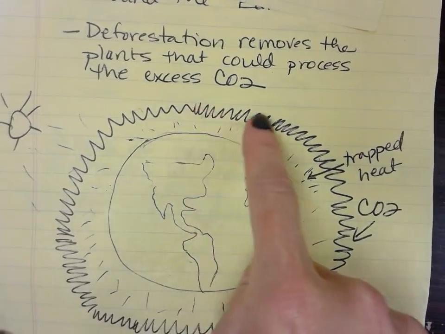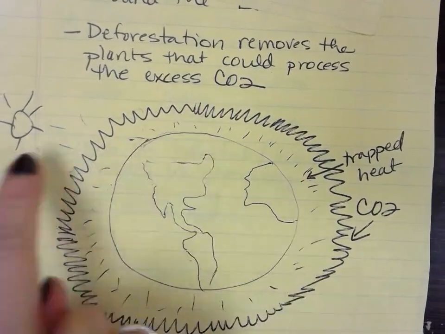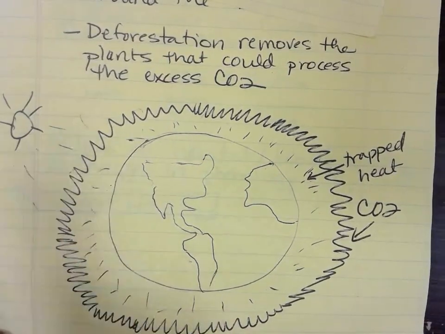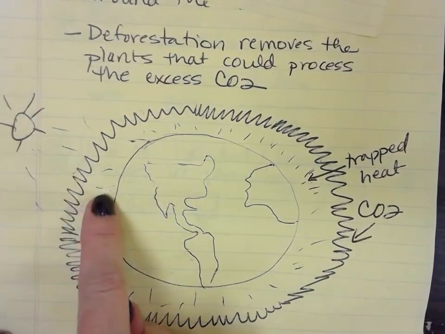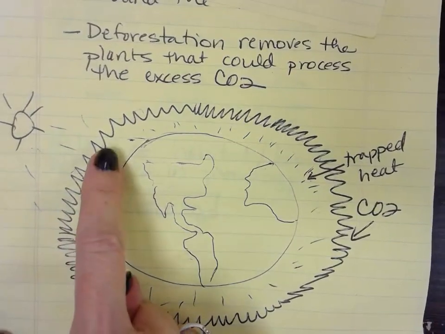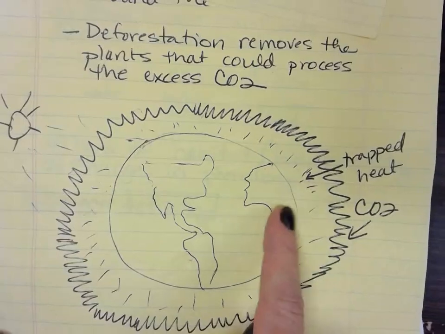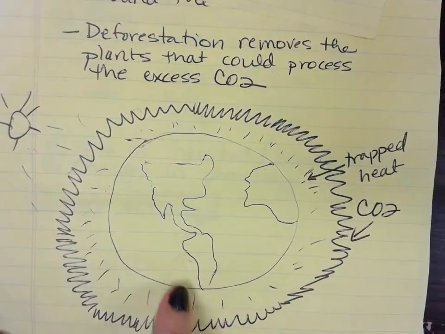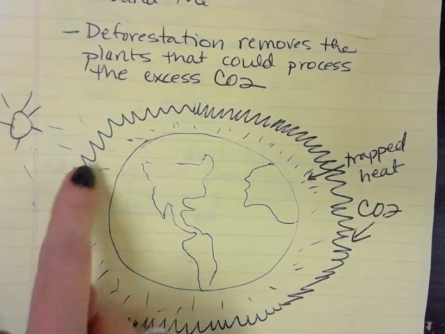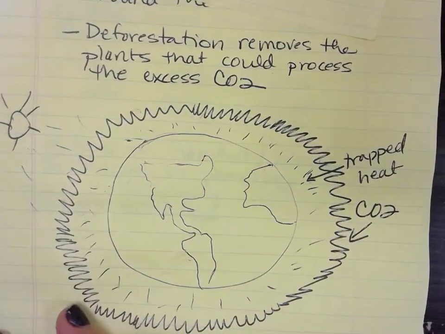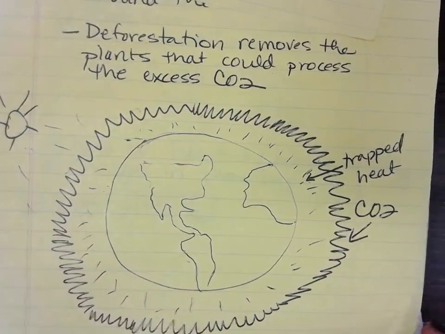So once again, we have that carbon dioxide blanket. The sun's rays hit the Earth. That energy is in the form of light energy. And as it hits the Earth, it's converted into heat energy. We talked about why you feel warm while you're in sunlight. That's the energy conversion of light to heat energy. And then with this carbon dioxide blanket surrounding the Earth, that heat cannot escape. And that heat warms the Earth's surface,